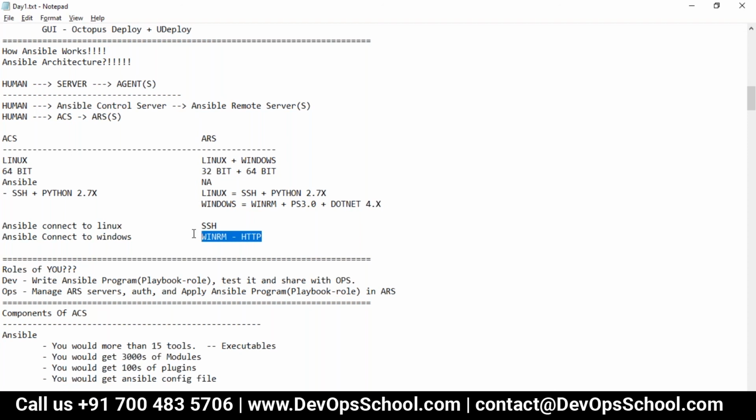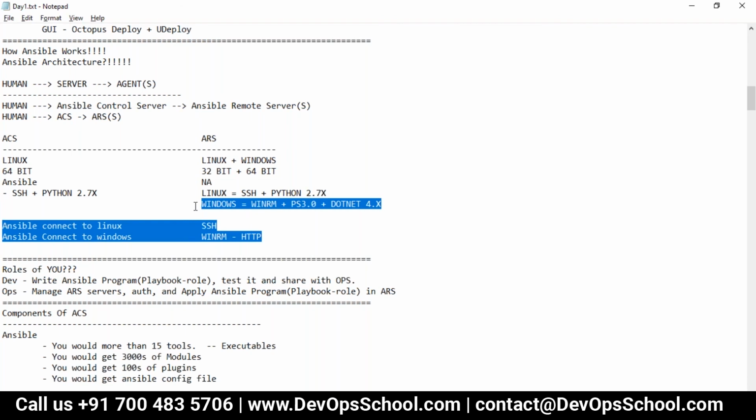Now the question is how. Maybe you are talking about the demo. So I'll set up a demo on the third day, because I want to complete all the Linux part first, and the Windows part is just a formality, because 95% of the things which you do with Linux will match with Windows, except the protocol, this information which I said, and the module names. So let me cover this topic and I'll give you half an hour of demo and half an hour of lab on the third day.